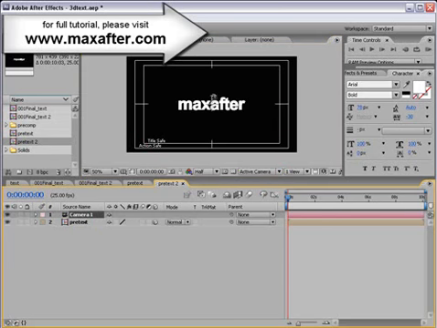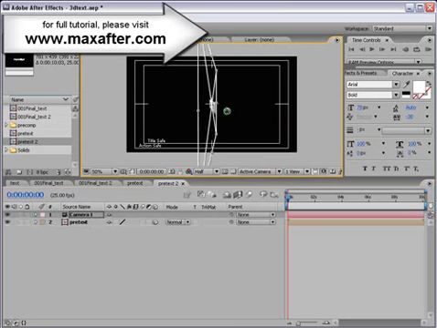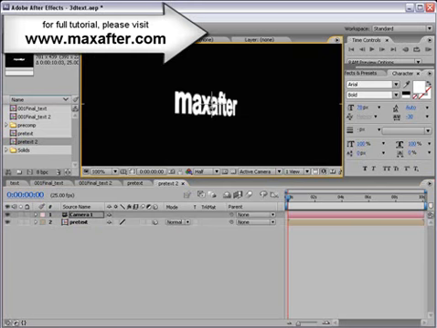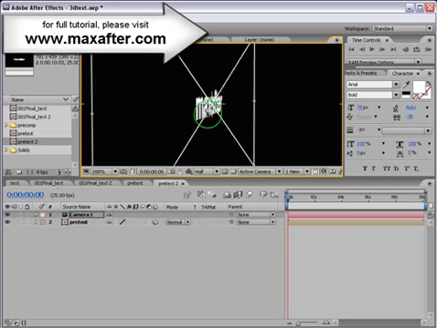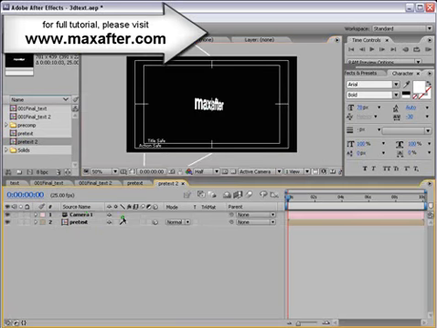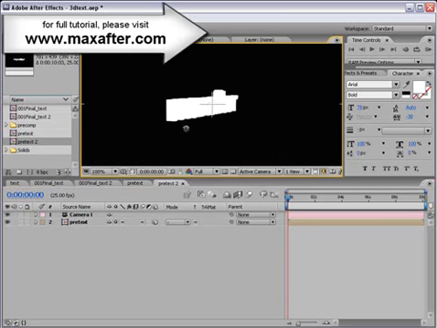Press C and you can move your camera with this. So now as you can see, it's not working, you can't see it in 3D. The only thing which is missing is this little button here that says Collapse Transformation for the comp layer. When you turn it on, basically it brings all the attribute properties from the previous comp into the new comp. Now it's 3D. Since we can't see it but it's 3D,